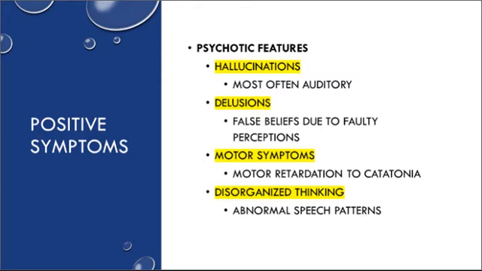features. If you look at page 1749, actually your text goes over it in 1748 to 1749, but I like figure 23.7 on how it goes over these. So you have your positive symptoms. I'm trying to find my slides. They're totally mixed up here. These are your psychotic features, your positive. So hallucinations, delusions, motor symptoms, disorganized thinking.